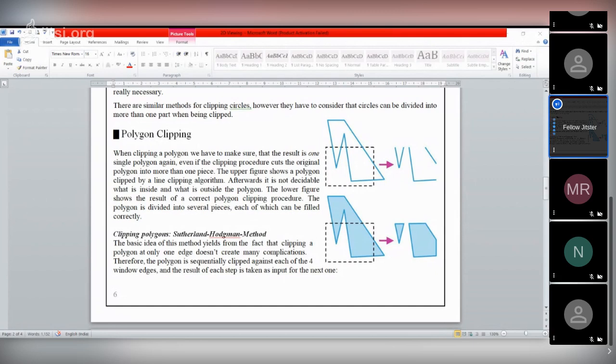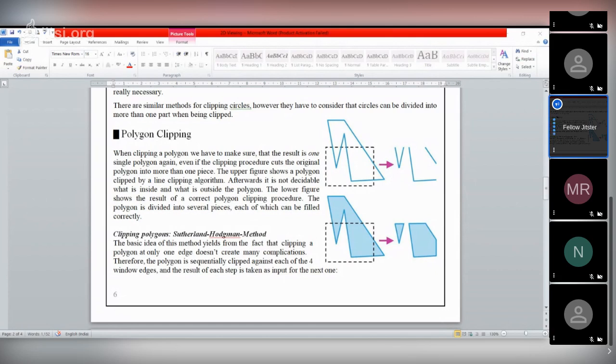In the case of a polygon, if we just use this window, if we just take this intermediate portion, then we will cut away the outside polygon part, and if we take only the inside polygon part, then it will look like that.